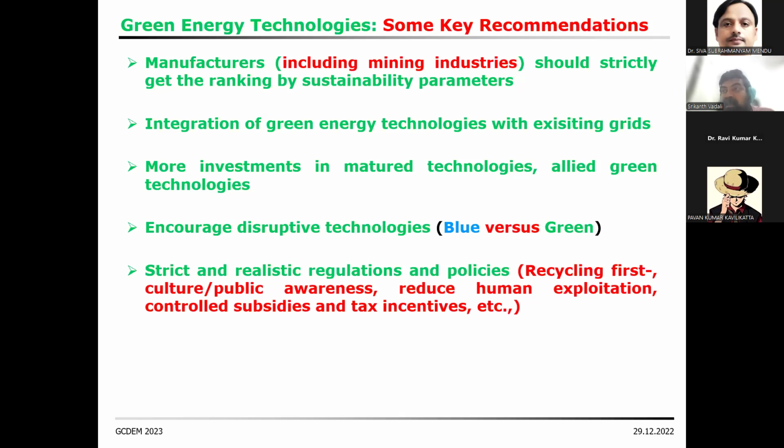Somebody can sell us a solar cell, a solar panel, saying that it's so efficient, you can use it in your home and all that. You should be careful because we don't know. We should look into how much pollution was created in manufacturing those solar panels, and we should see if any technology has human exploitation. All that we have to take into account.